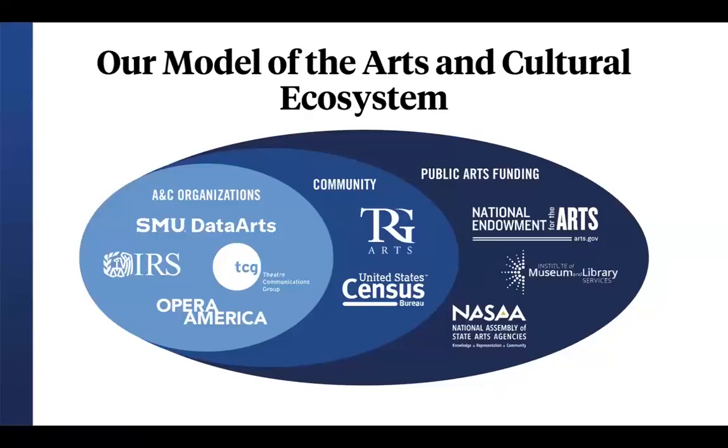This data is received annually from the NEA, as well as data from the IMLS, which focuses on funding for museums. Finally, state level funding data comes from the National Assembly of State Arts Agencies, and it's integrated